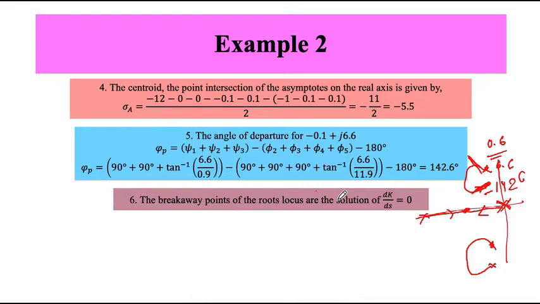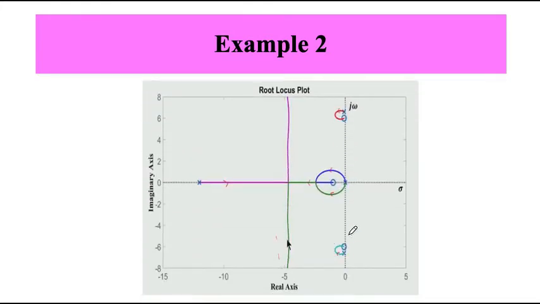What we would expect is, of course, there will be some breakaway point in between here, and these should meet at some point and then go away to infinity at an angle of asymptotes, right? So we will see the final plot. It will be something like this. These two are departing from here. It's departing, arriving. This is departing, arriving at this 0. Now these are departing. This is my angle of breakaway and break in.